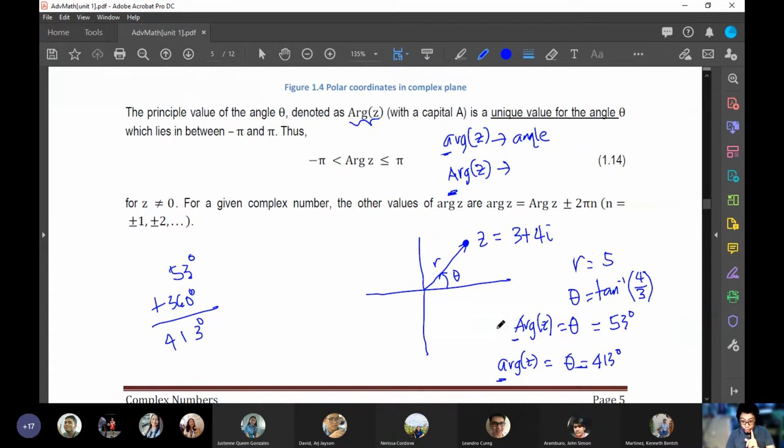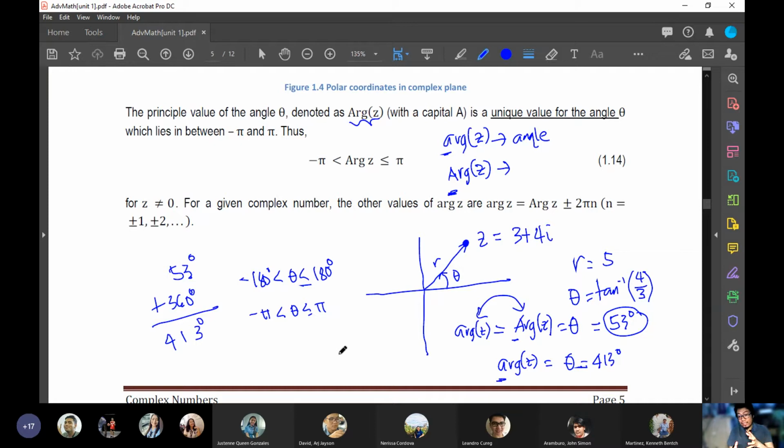Now, we also can refer to this one as the argument of Z. So either you use this or you use this, that's okay, as long as this is on the principal range. And again, that principal range is negative 180 degrees and positive 180 degrees. Or in terms of radians, that would be negative pi and positive pi radians. So, for you not to be confused with this one, always remember that you need to have the sense of where